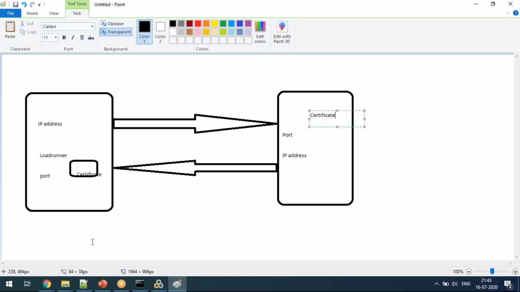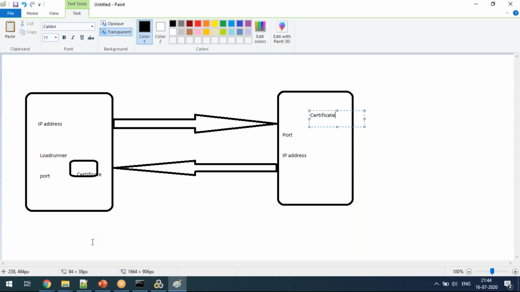So, Sarvanam, my question is, for Fiddler, no certificate is required, right? Only for the tool we require a certificate, right? No, Fiddler also has a certificate. So in Fiddler also you will be installing the same certificate. What kind of certificate is this? That is a root certificate, no? For this LoadRunner tool and every tool, they have a root certificate. It is like telling the system that I am an authorized person. That kind of authorization will be done in this root certificate.